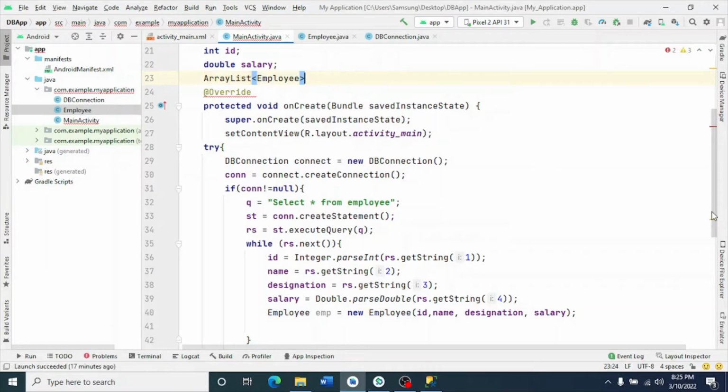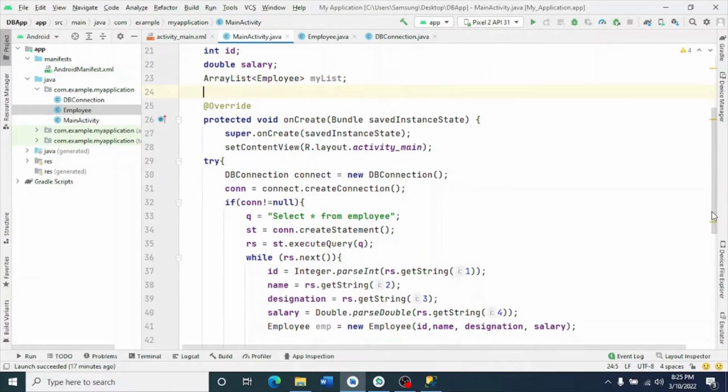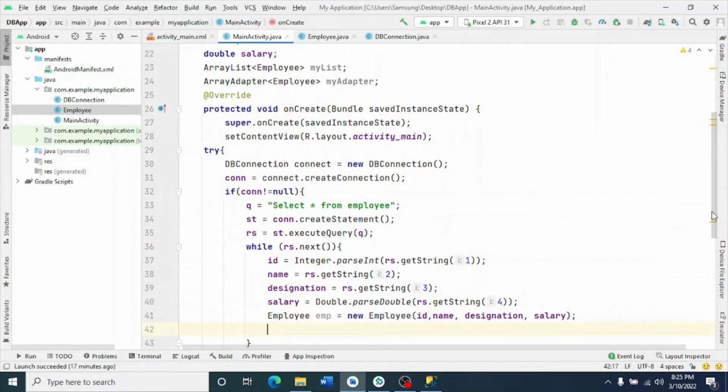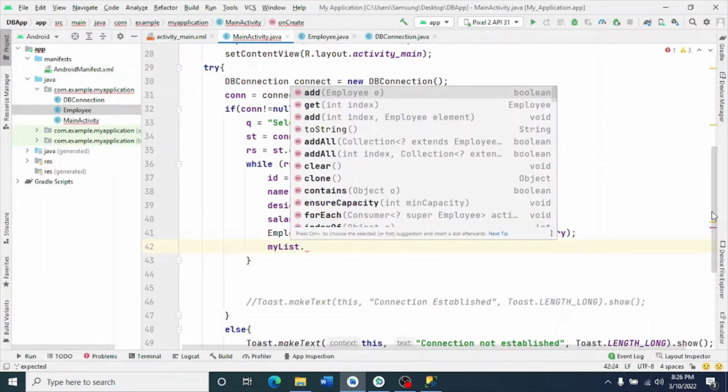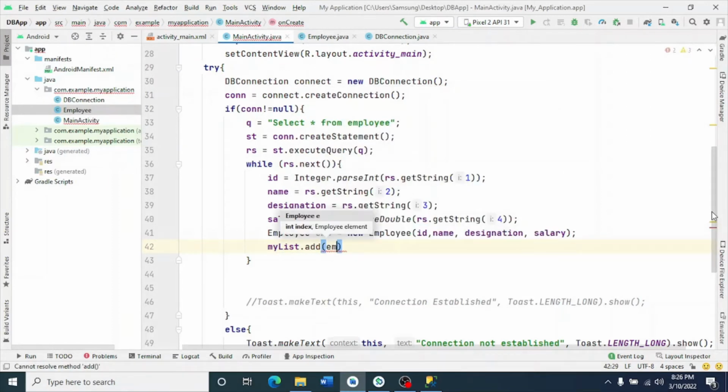Employee myList is the name of this ArrayList, and then we also require an ArrayAdapter of type Employee, myAdapter. So I will create a list now: myList.add(emp). I am passing an object